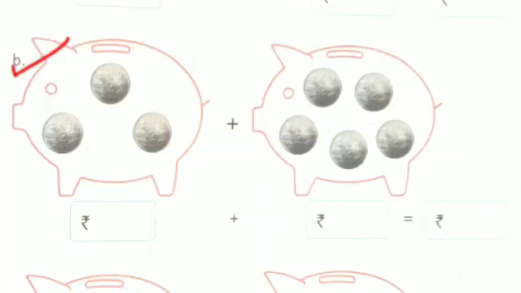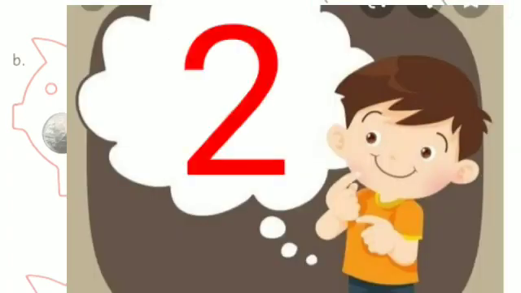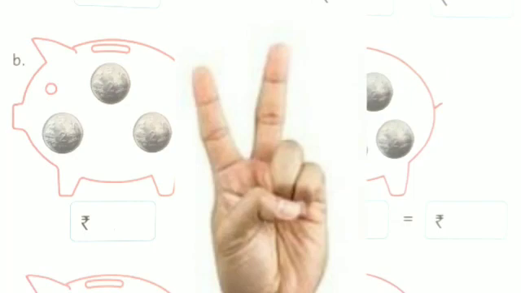Let's see the B part. Students, here is the first piggy. We have 3 coins of 2 rupees. First of all, we will add the value of these coins. Keep rupee 2 in your mind and open 2 fingers.